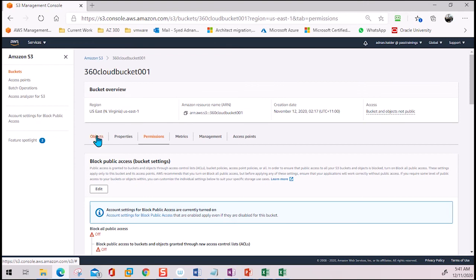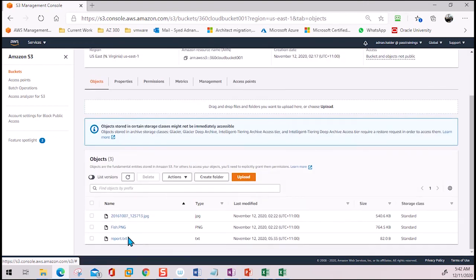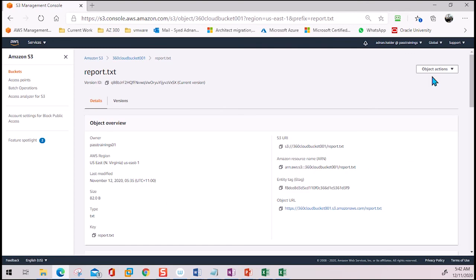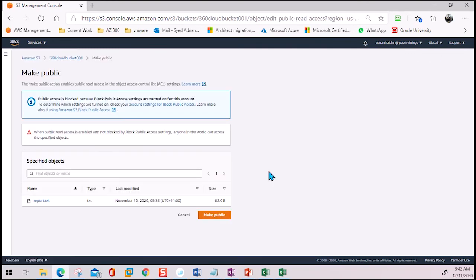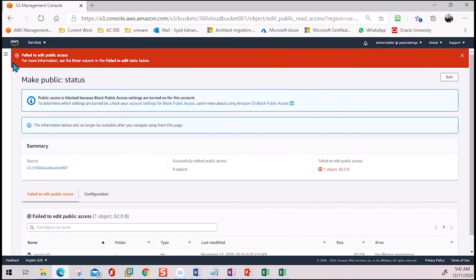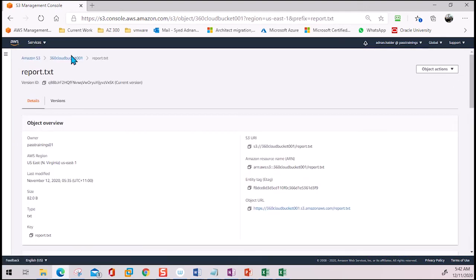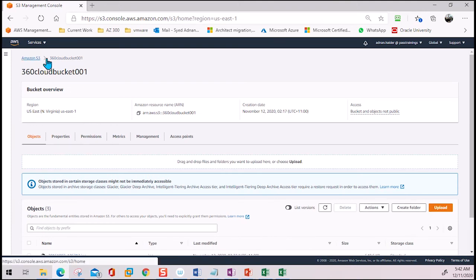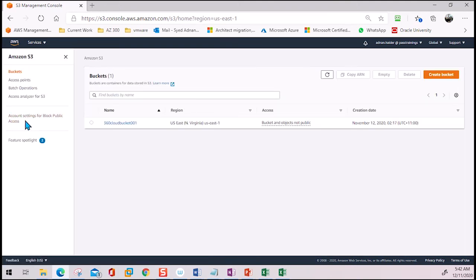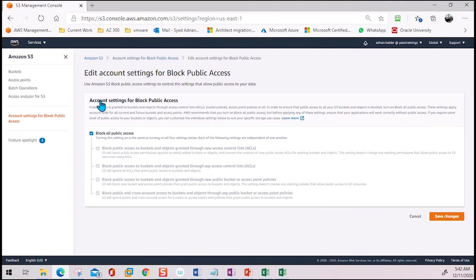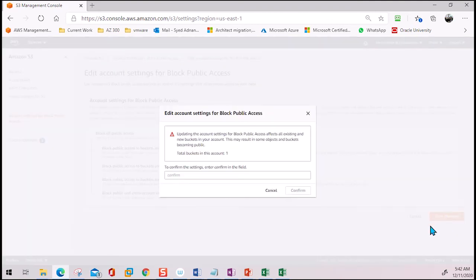But before even checking the account level, I wanted to show you the error message. Let's say I go to the report and try to enable public access. Here it will give me an error message saying failed to edit public access. The reason is that public access is blocked because public access settings are turned on for this account. And where do you need to see this? You need to go back to the bucket and the S3 level, and here it's saying account setting for public access. So you go right here and unblock this access. Once it is unblocked,